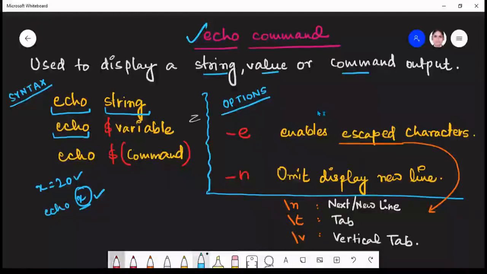So to get the value of x, there should be a prefix before this x, that is the dollar symbol. Be careful that when you have to access the value of a variable, you have to put this dollar symbol in front. Similarly, to see the output of a command, simply writing echo and then the command is not going to give the output of the command. Rather, first you have to enclose it in round brackets, and then put the dollar symbol before that. I will also show you all these things with the help of the implementation part.